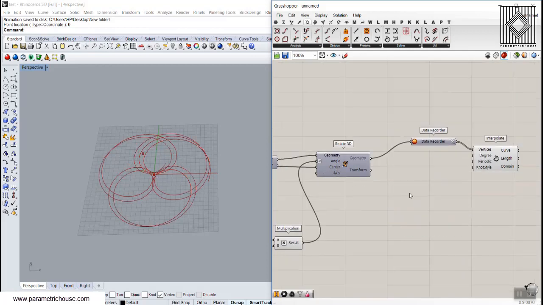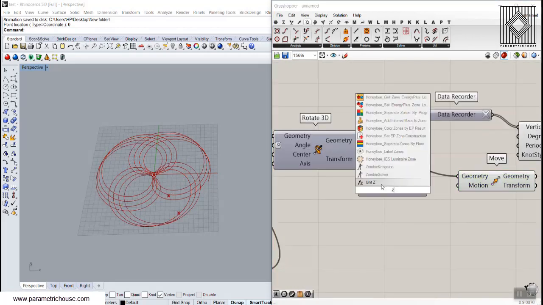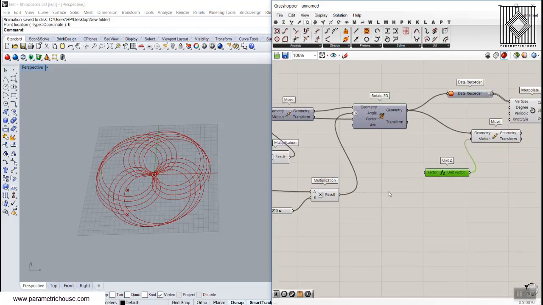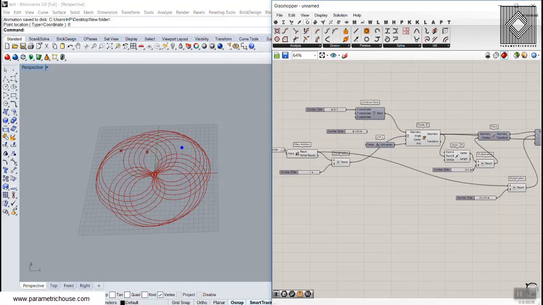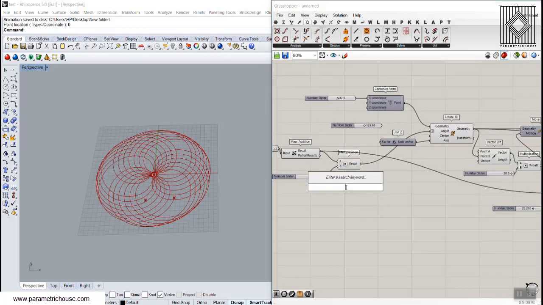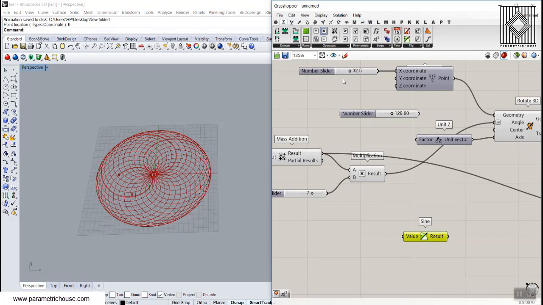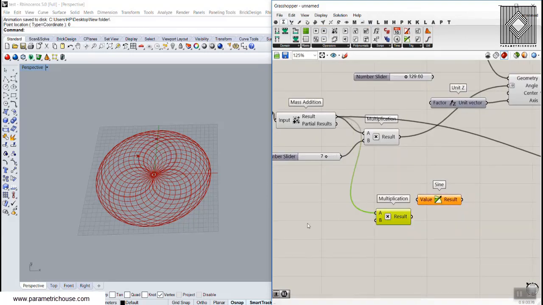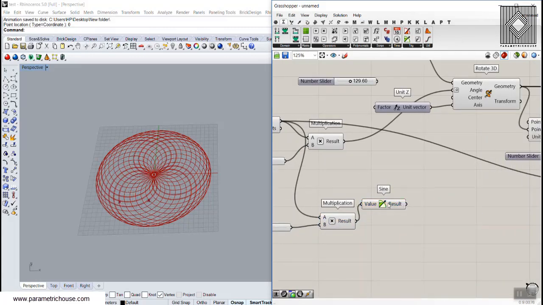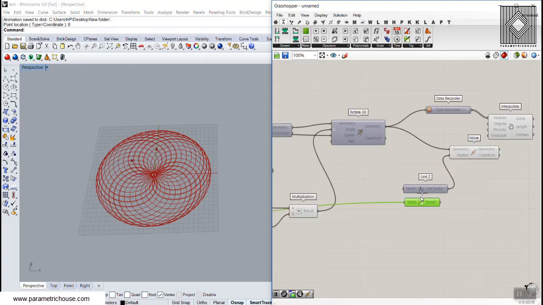So I'm going to use another move tool and move this in the Z direction, and assume that we want it to go up and down. So something that goes up and down is the sine. The sine will go from -1 to +1, and I'm going to give this a multiplication. The speed is so high, I'm going to force this to slow a bit and then give it to a sine. If I give this to a Z, let's go to the Z